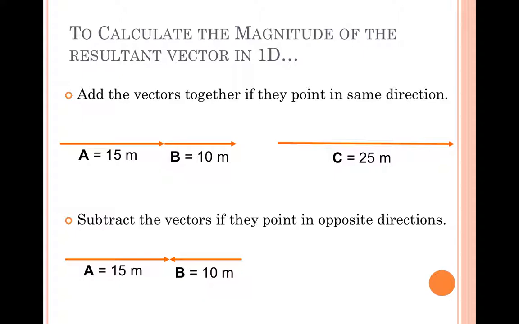If they point in the opposite direction, so these are collinear vectors, then this would be a situation of A minus 10. So this would actually carry a negative sign on it. I kind of don't like the fact that it doesn't, because the resultant vector here would be 5 meters. And if you think of this from a tip to tail method, then this is tip to tail, and we can see how long it gets. If we were to do the second one tip to tail, then we would have lifted this one up here and brought it back this direction,